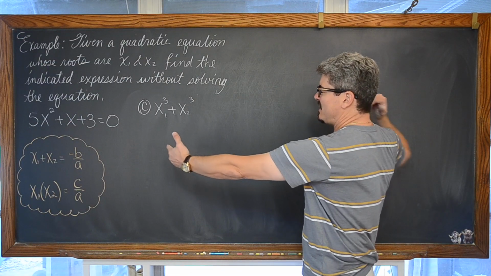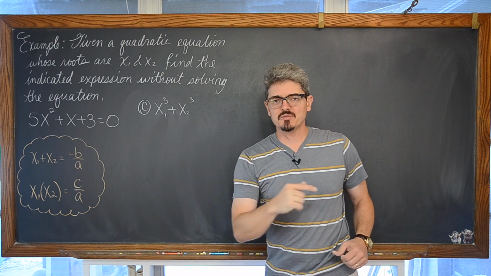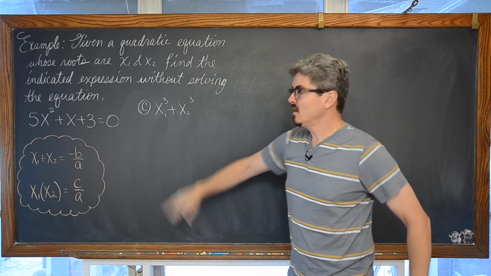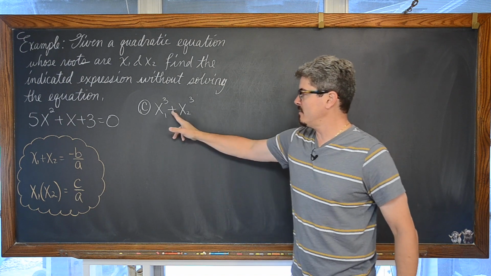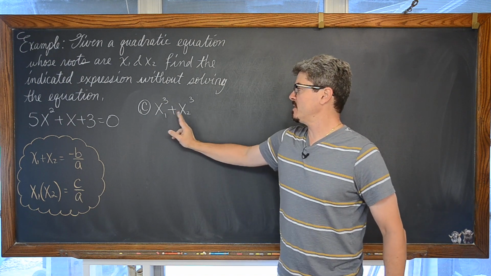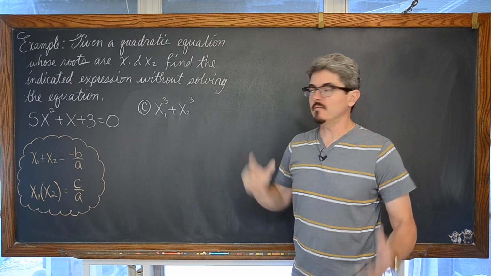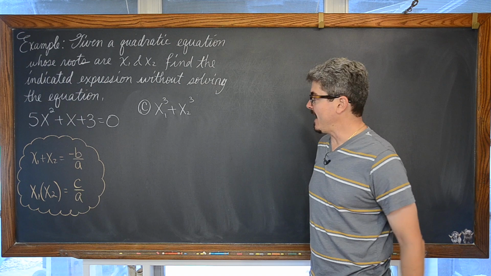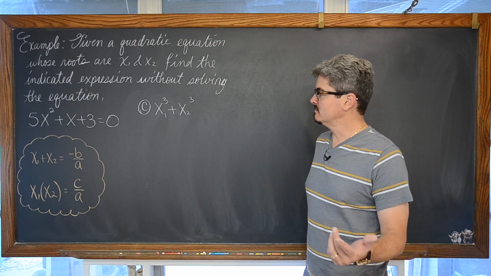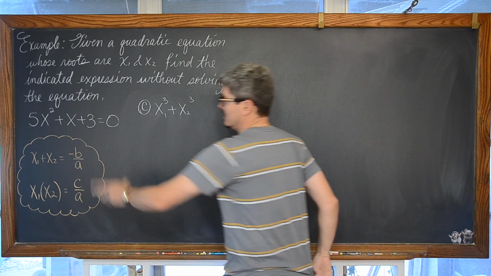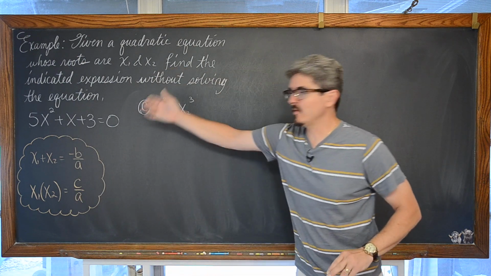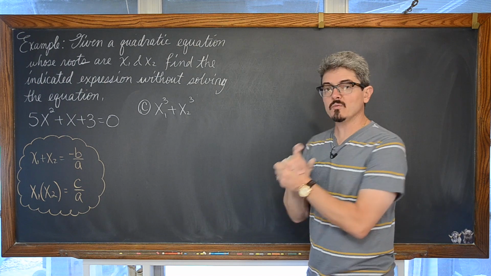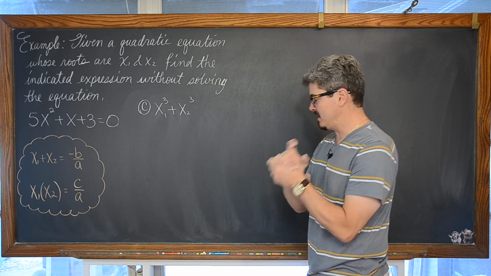So we've had a lot of factoring examples in review in this video, and we have one more with our last example. We want to evaluate the sum of x sub 1 cubed plus x sub 2 cubed. Yeah, we want to take the roots from this quadratic, cube them, add them together, and find an answer without actually solving the quadratic. Because what if it was a fifth degree and we were extending this concept onto higher order polynomials? Maybe we wouldn't want to actually have to solve it.